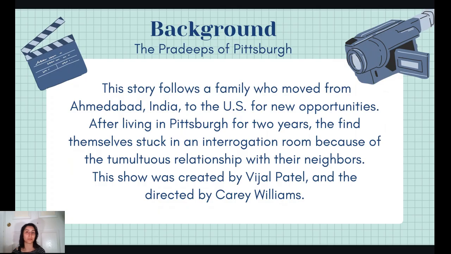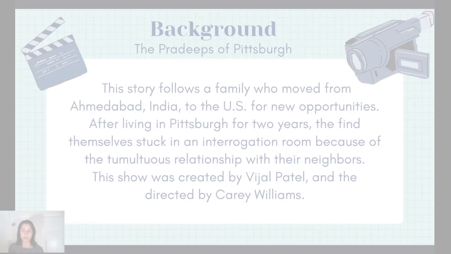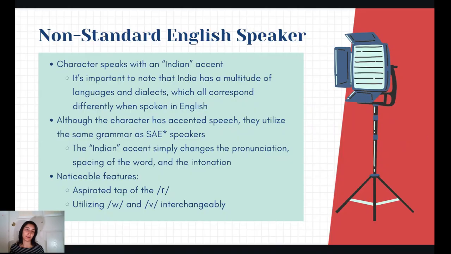The cast is composed of five main characters: the mom, dad, the eldest daughter, and then two younger sons. Although the entire main cast speaks non-standard English in the show, for the sake of time, I'm going to be focusing on Bhanu, who is the eldest daughter of the family. When observing her speech, her grammar is the exact same as standard American English speakers. However, the thing that differentiates her accent is her pronunciation, her intonation, and the spacing of her words,